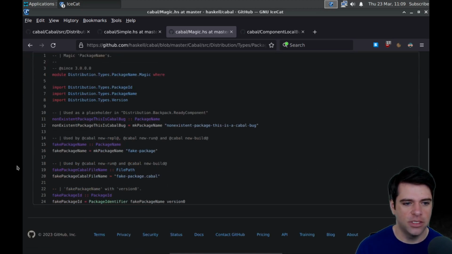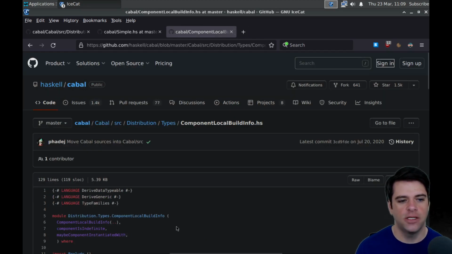Magic package names. Is this just like magic numbers? It's a placeholder and distribution.backpack.ready component. Non-existence package. This is a Cabal bug. Okay, so this is just setting like a failure string as a default, I guess. So if you see it, something went wrong. Fake package name, fake package Cabal file name. Okay, that's what magic is doing.